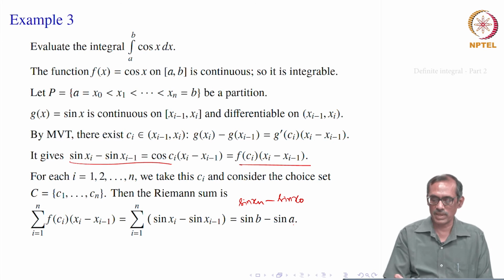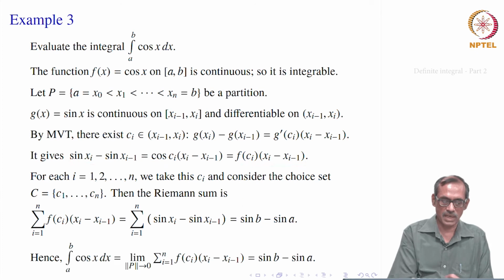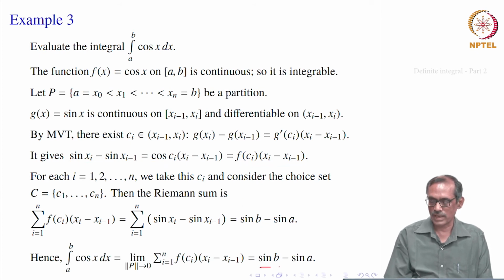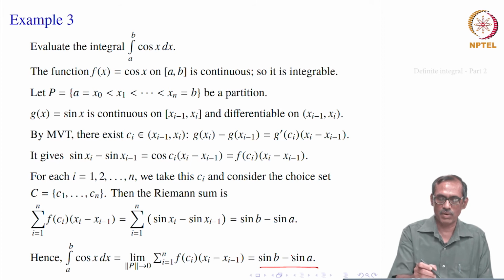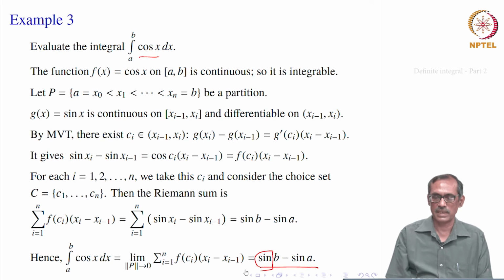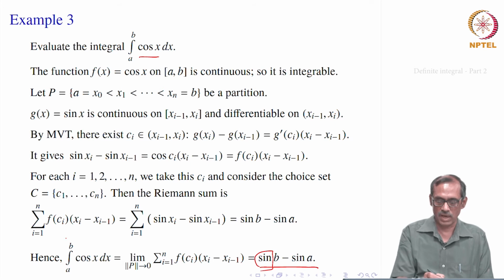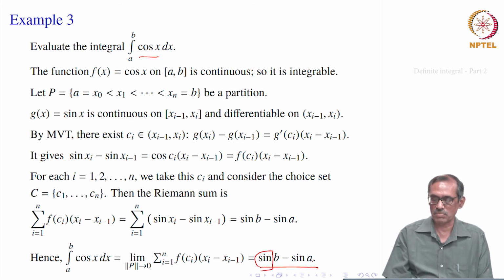Once we are able to evaluate this sum and get sin b minus sin a, it is a number now, right, since a and b are fixed. So, when you take the limit of the Riemann sum, that will be equal to that number itself. So, the integral from a to b of cos x dx equals sin b minus sin a. Now, our question was which function capital F of x has a derivative equal to small f of x. Now you see that function should be sin. Specifically, if b is a variable point, you would say sin x minus sin a. So, that is our F of x.